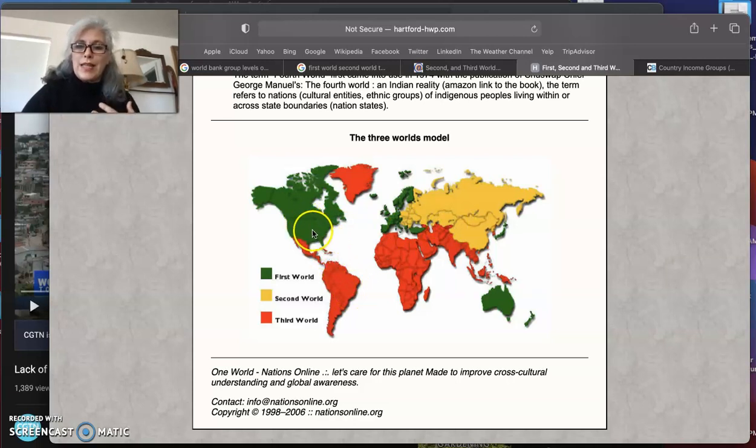And I point to the USA when I say first world. We are in a first world nation. And I'm not going to highlight our style of life so much, because whether you come from the middle classes or the upper classes or the lower income classes in the United States, we have a great deal of infrastructure that we take for granted. We have a great deal of life safety and health conditions that we take for granted because we have so much infrastructure available. In Brazil, the country that I'm going to show you in this video, there is not the